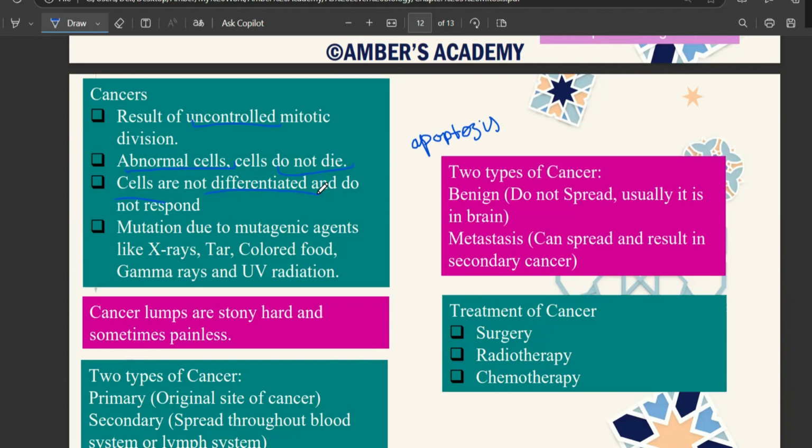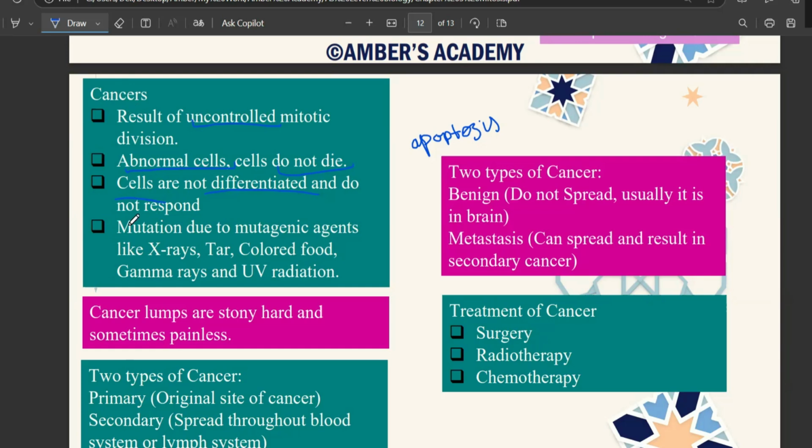Okay, so the example of cardiac and neuronal cells is not appropriate. This is exactly why I give the example of skin cell, because it's easier for us to relate. So cells are being produced in such large quantity that they do not even get differentiated, and those cells are abnormal, and then they do not die. Okay. And why exactly? Sometimes they ask you